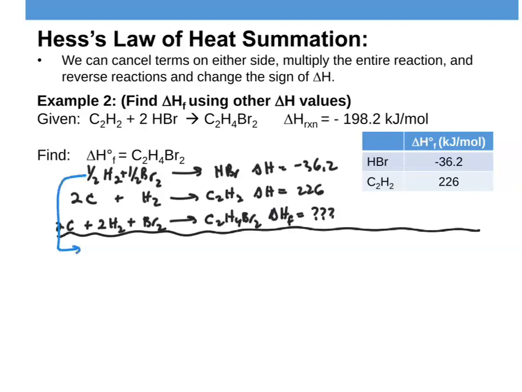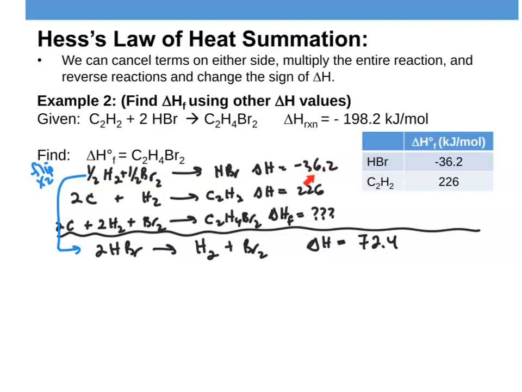So I'm going to flip and I'm going to multiply it by 2. So now I have 2 HBr as a reactant. And now I have an H2 molecule and a Br2 molecule. And my delta H value is going to be doubled and positive, right? So now it's 72.4 kilojoules per mole, right? So I doubled the negative 36.2 to get negative 72.4,